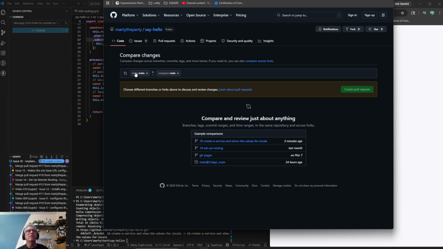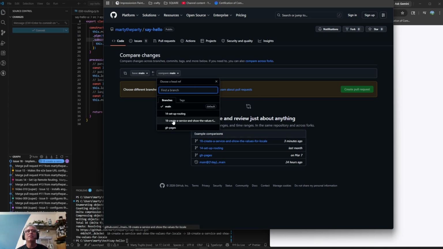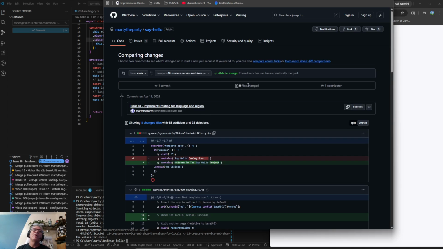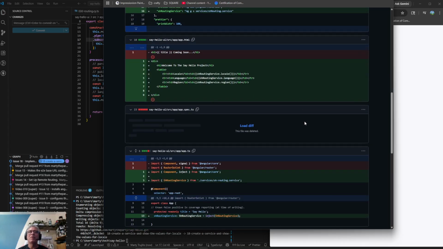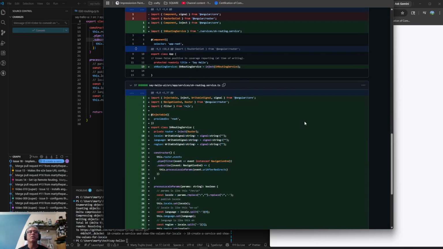And I guess the base will be main, and I want to compare it to this one. I don't know why I still have that routing branch, but we need to get rid of that. Okay, so we're able to merge. Okay, so at this point we're creating, I guess. Maybe I did something different or they did something different, but